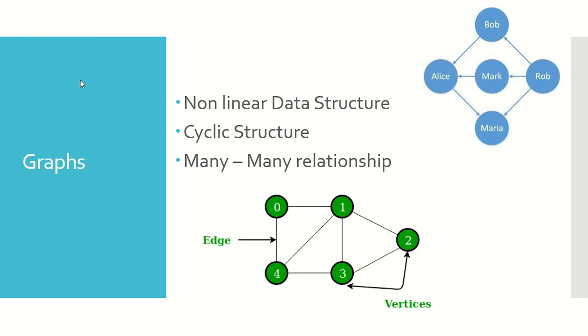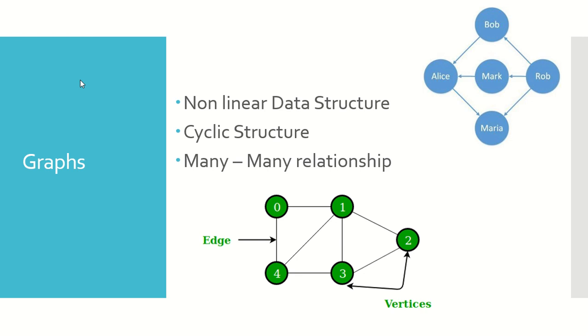The second thing that you have to understand while you are talking about a graph is that a graph is always cyclic in its structure. Whenever you talk about a graph, there will be cycles or a closed path that could connect one node back to itself. So this is the cyclic property of a graph.